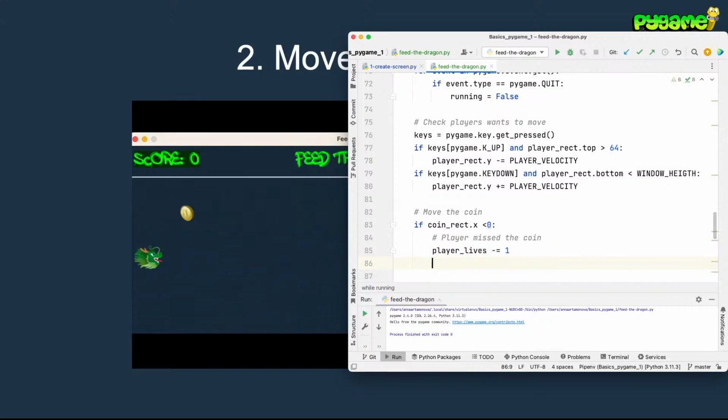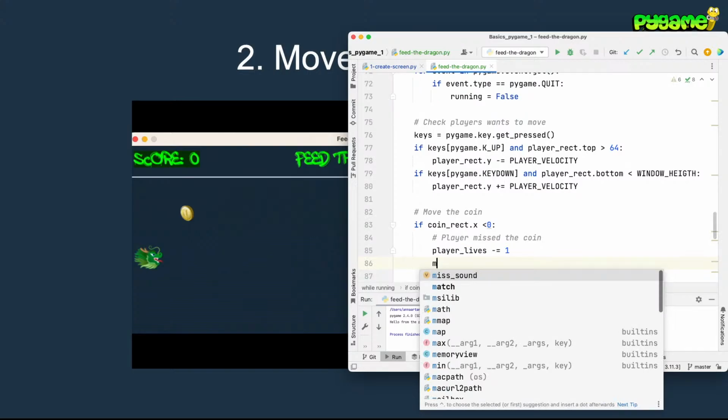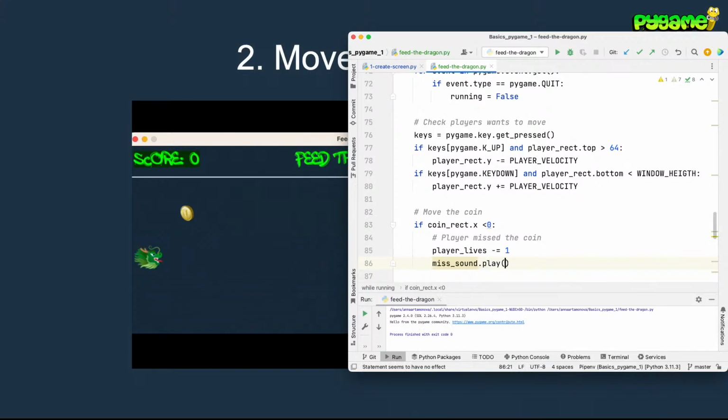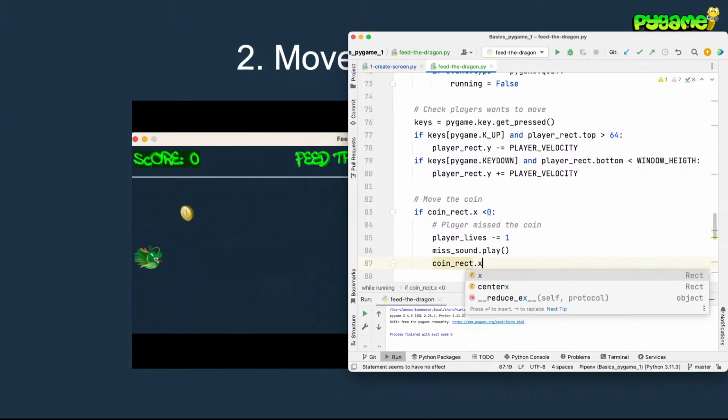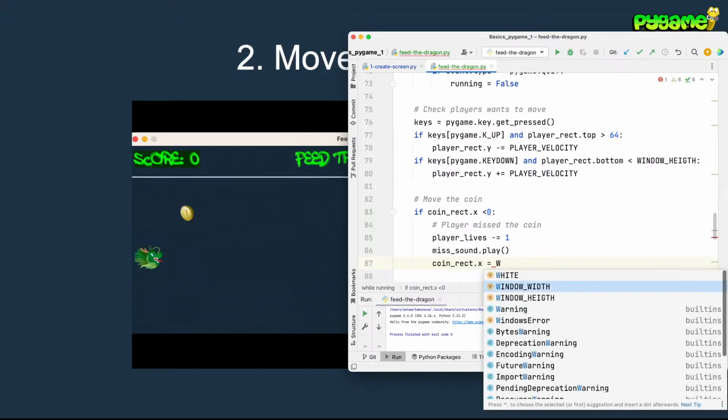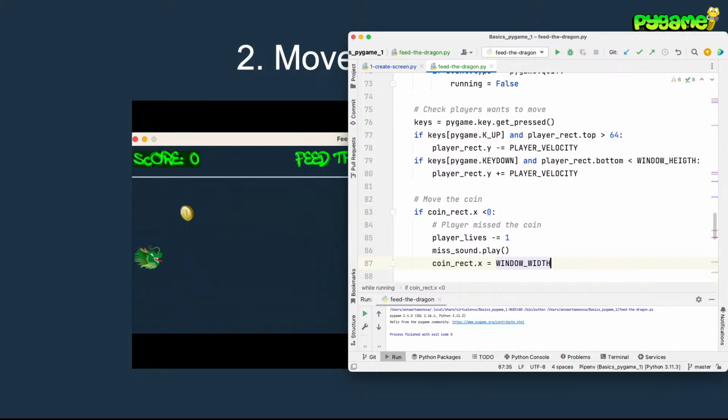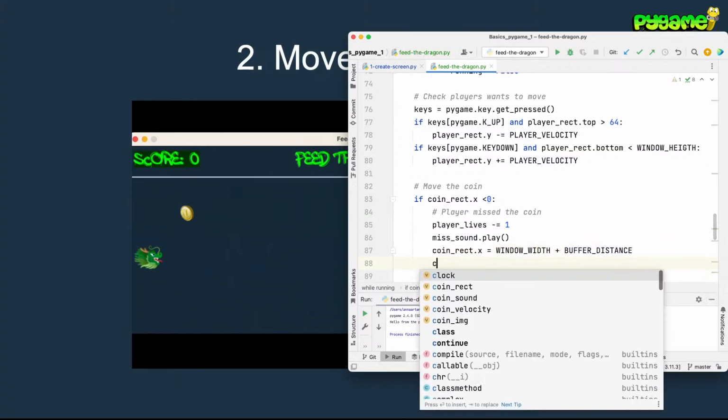The next one is, let's play the miss sound dot play. Also the coin rect x, I don't know, window width plus buffer distance, the coin rect y,